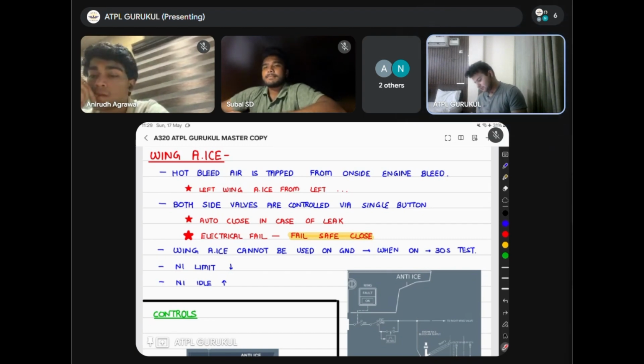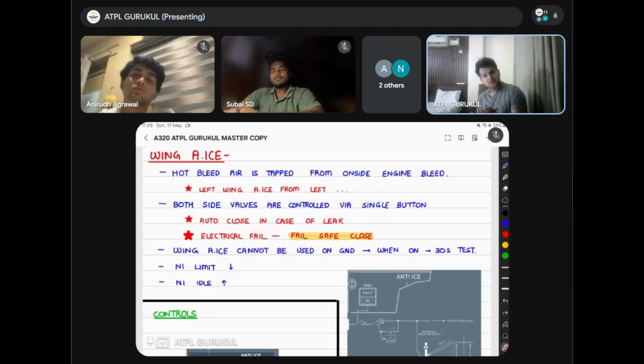Now both the side valves we have done this. So auto close in the case of a leak. In the case of any electrical failure, the fail safe position is close, कुछ भी हो, चाहे वो एक लीक हो, चाहे वो इलेक्ट्रिकल फेलियर हो, the valve will auto close, but make sure ये जो wing anti-ice है ये ऑटो क्लोज हो जाता है. इंजन एंटी आइस is opposite, वो ऑटो में ओपन रहता है. ओके, कोई डाउट? ना,